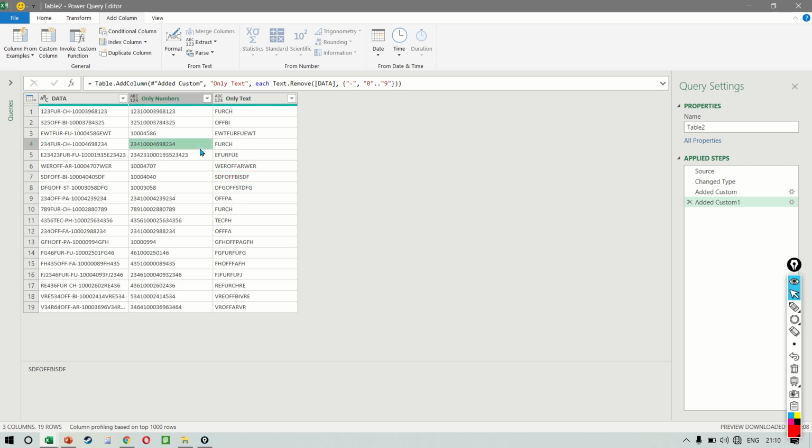So I hope the example is clear. I showed you how you can remove only numbers or only text by keeping it inside an array. Remember, it works both with numbers, text, as well as any other character. For example, if you only wanted to remove the dashes, just one last example, we could have written